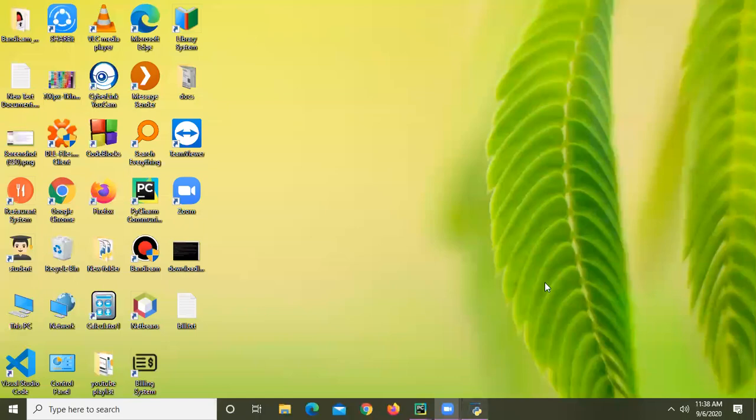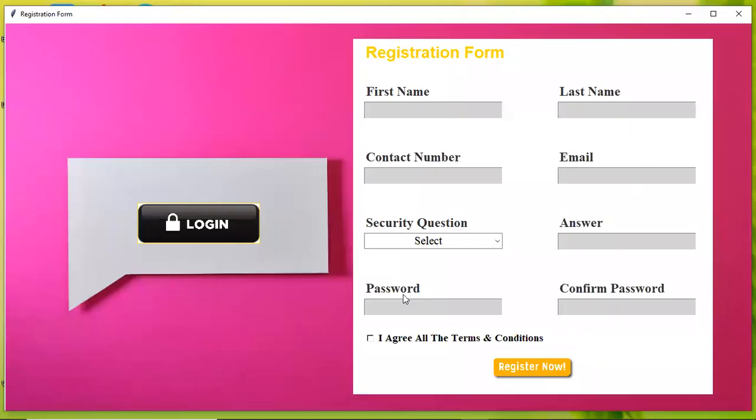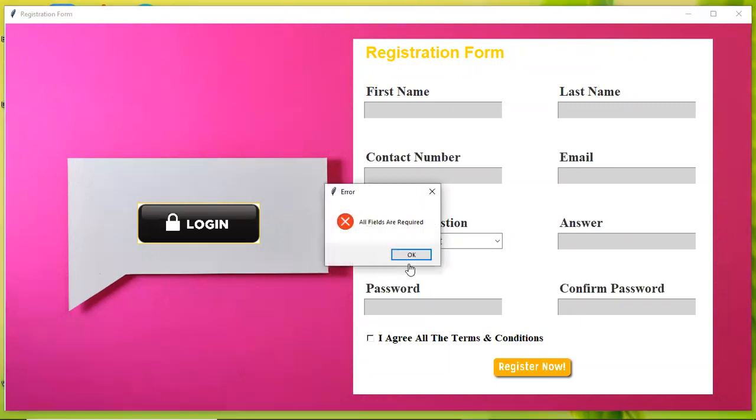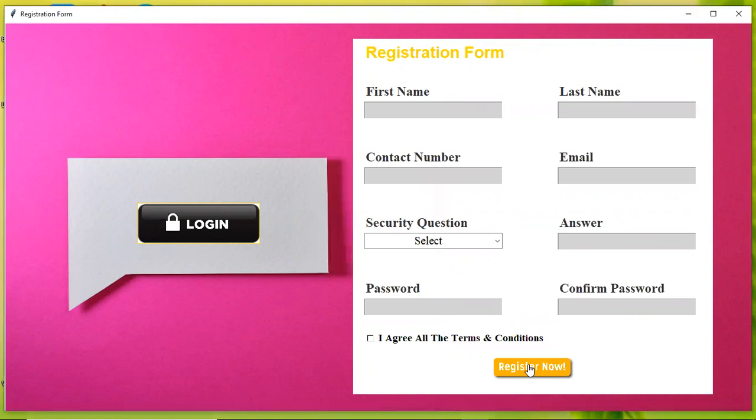All the functionality: you will be typing here, selecting the question, answer, password, confirm password, everything can be written on this GUI. When I click on this register button, the functionality will depend on it. So I'm going to create a function and provide that function as a command to this button.